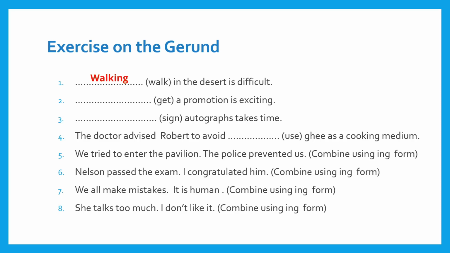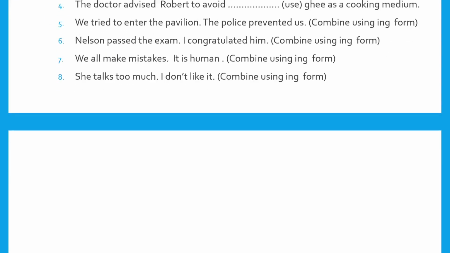What about example 4? The doctor advised Robert to avoid using ghee as a cooking medium. Now here are some other examples and questions which you can exercise as you understand the concept. Moving further,